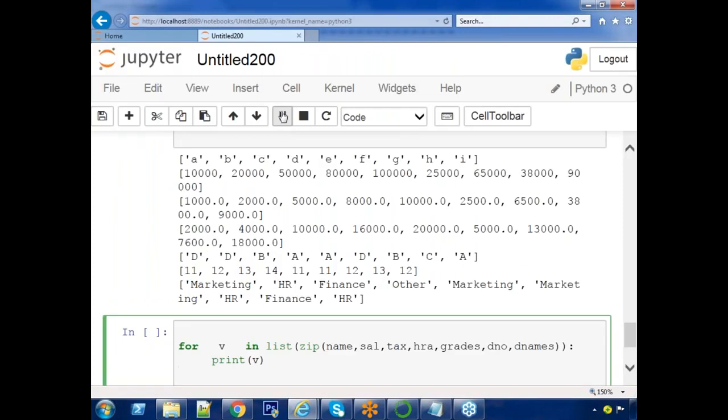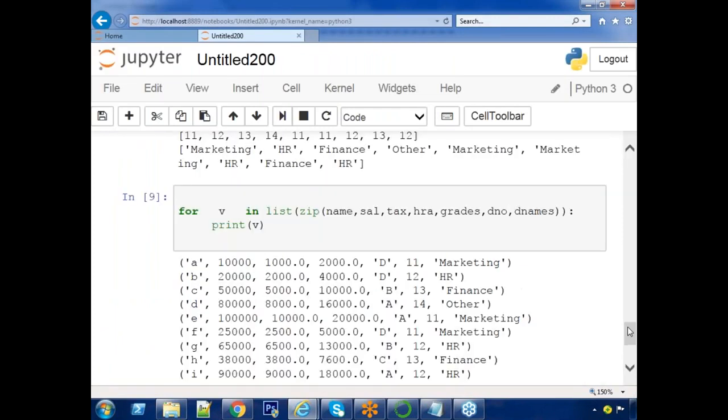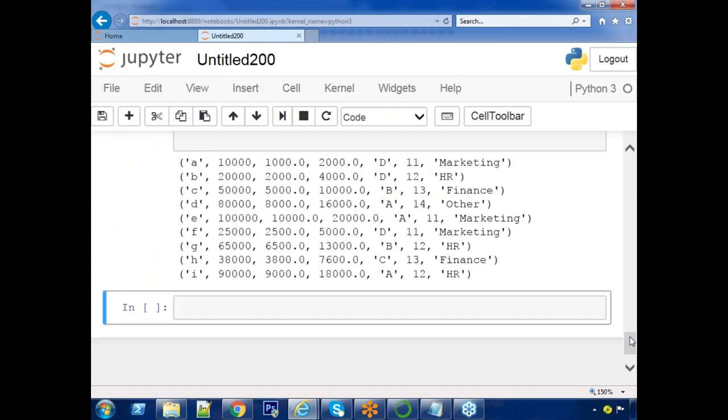What is each person's details? His name, A, 10,000 salary, 1,000 tax. Previously, the things you saw vertically are now in horizontal mode, right? All attributes of one person formed as one tuple. The tuple is one of the elements in the list object.